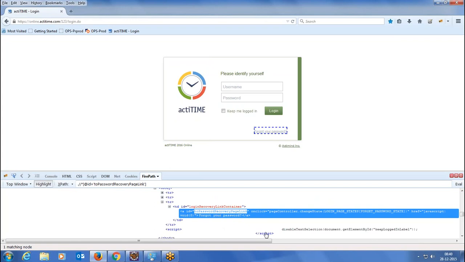Imagine the ID is not there. Now if you see here, this is a text. So you can locate an HTML element using the text as well. What are the HTML elements which will have text? Usually your links, your divs, your spans. These are the HTML elements which will have text.